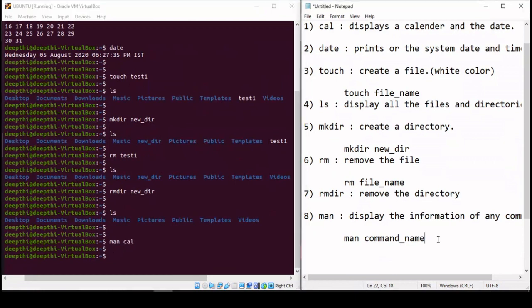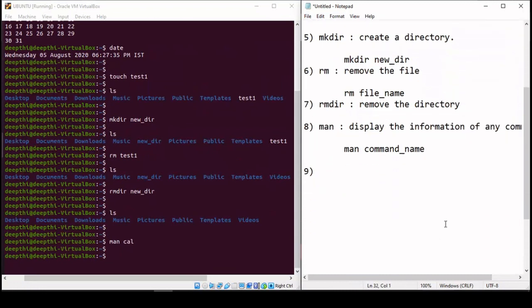The next command is the history command, and it will give the history of all the commands that have been used during the session.